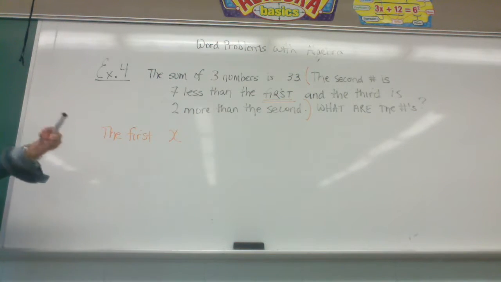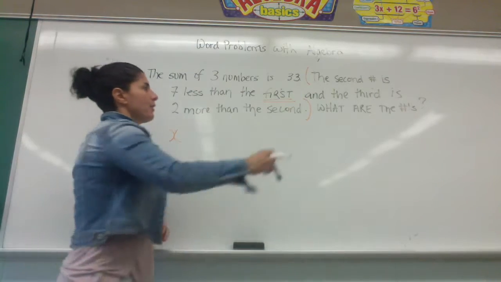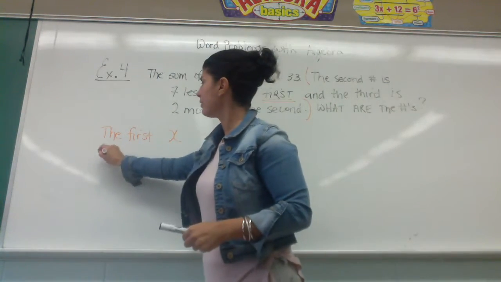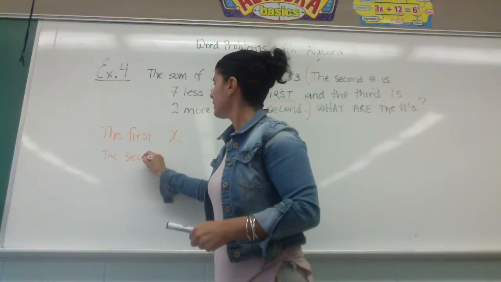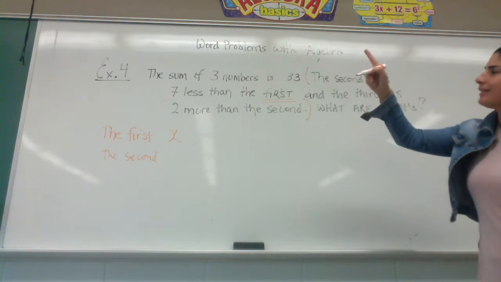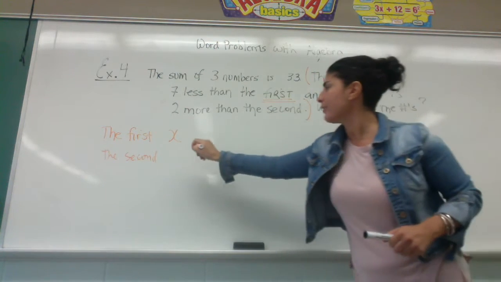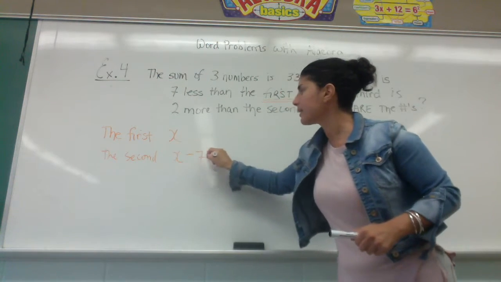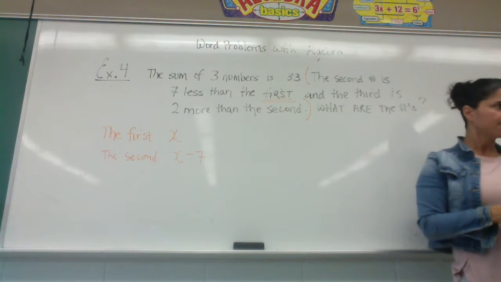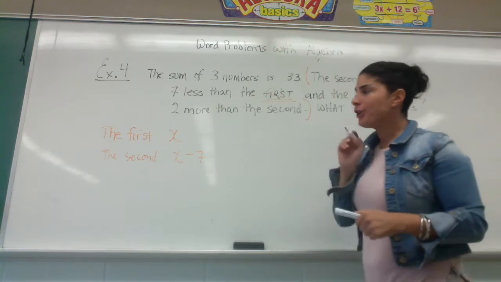And from there, we go, okay, the second number is 7 less than the first. Well, 7 less than the first is minus 7. X minus 7. Do you agree with me? Good. And then the third,